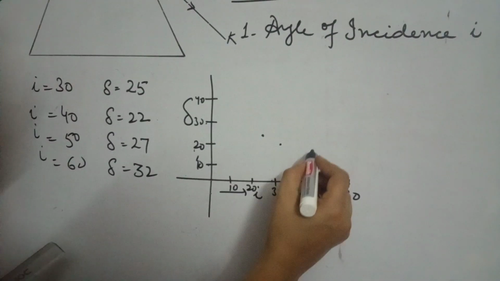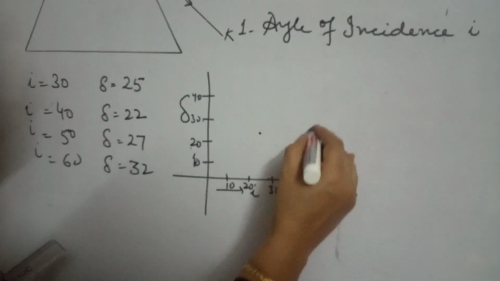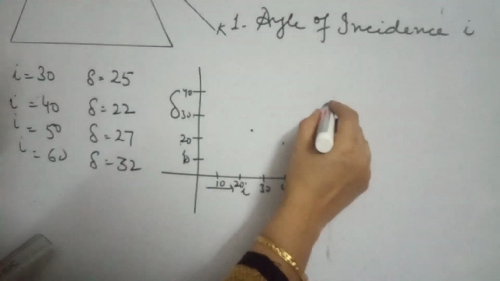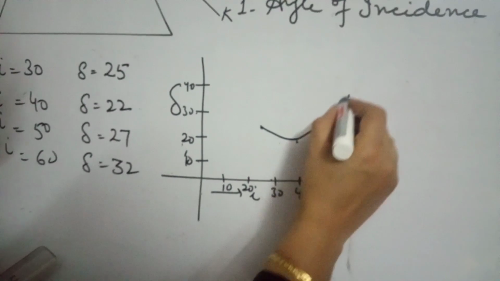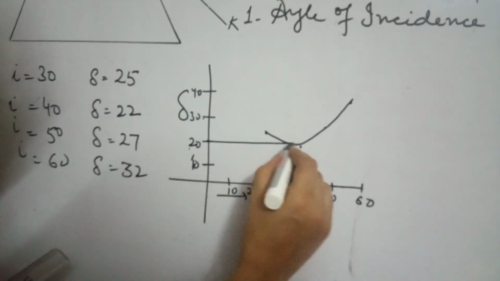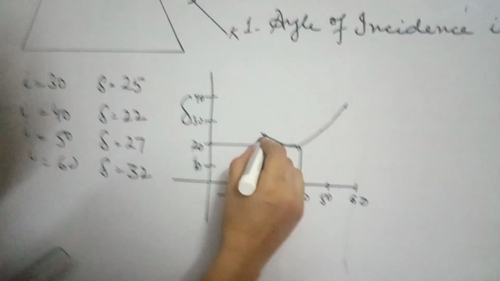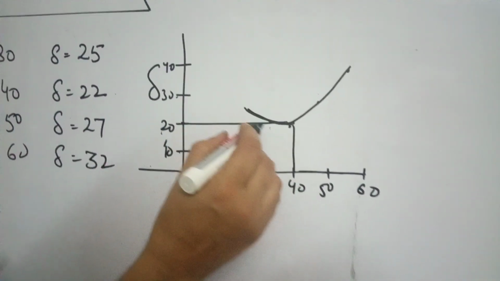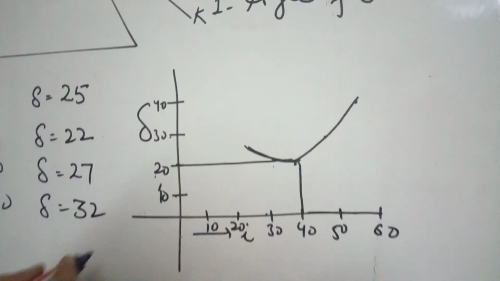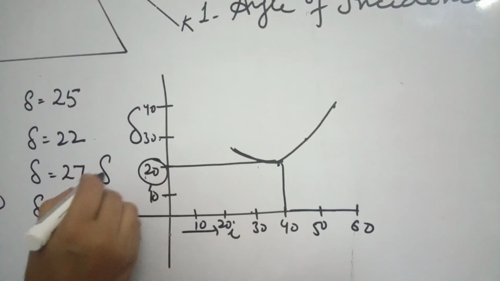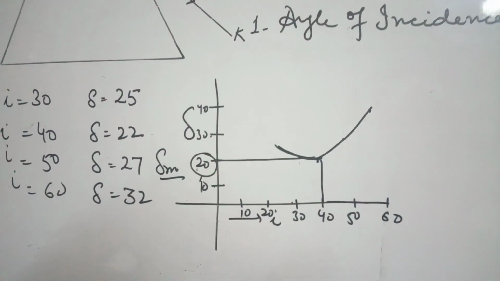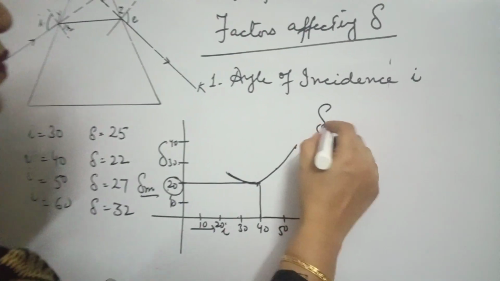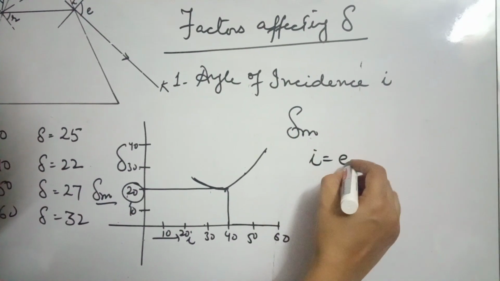Then for 50 it is 27. Then for 60 it is 32. So the graph is like this, and you will see this is the minimum angle of deviation. You observe that as I continuously increase, delta first decreases then increases. So the minimum value of delta is called the angle of minimum deviation. Remember that when the prism is at the angle of minimum deviation, I will be equal to E